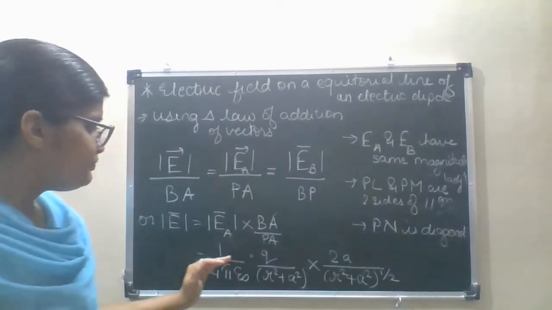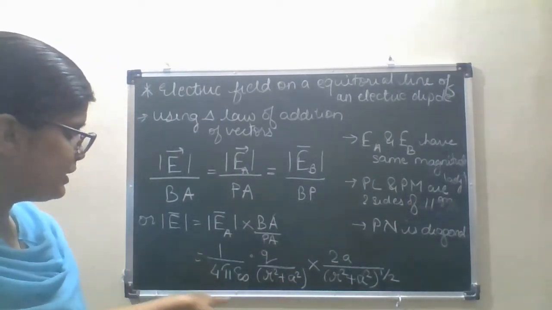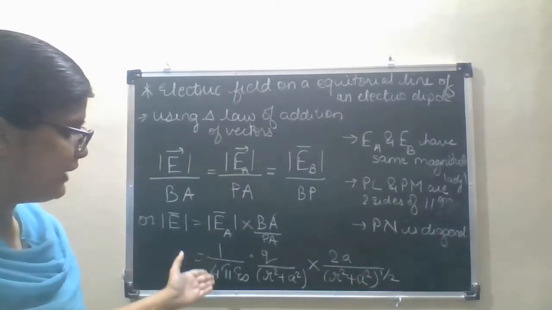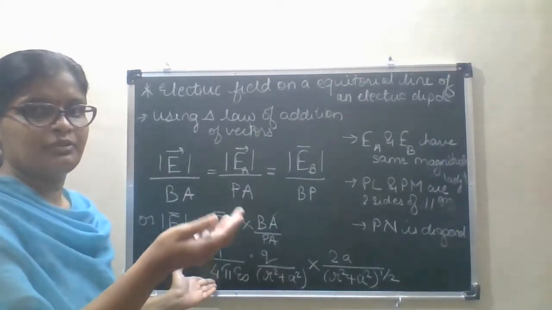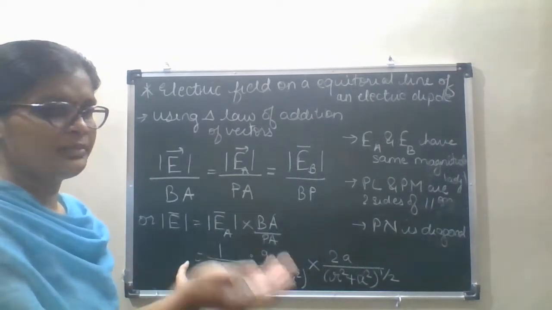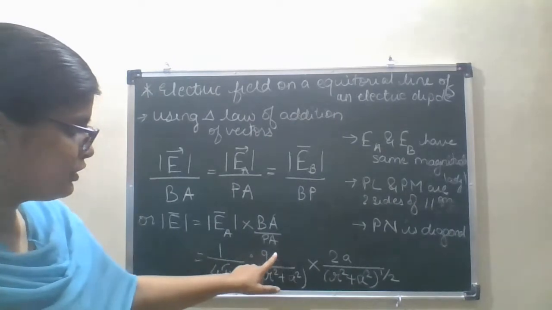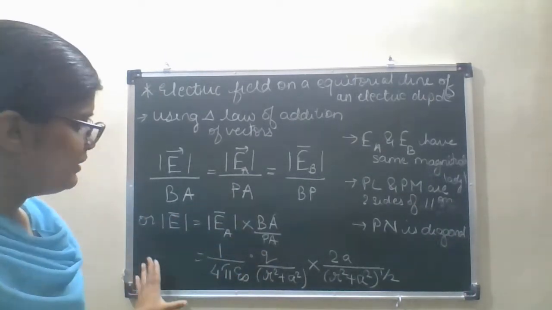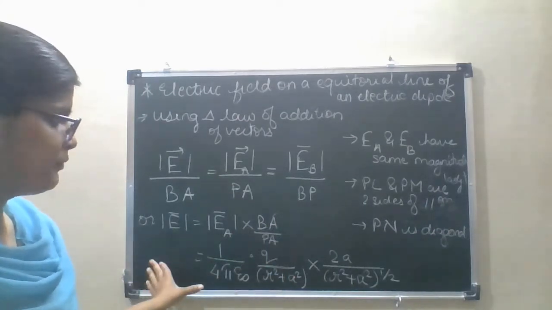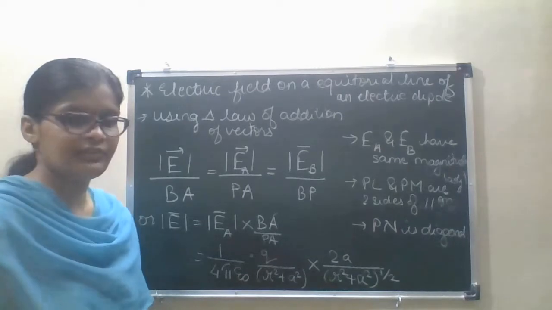So this equation, from where did this equation come? This equation is nothing but the value substituted from equation number 1, which we have already calculated previously. What was it? 1 upon 4 pi epsilon naught q upon r square plus a square. So did you understand from where these terms came and why we have written this mathematical equation? Now we will solve this further.